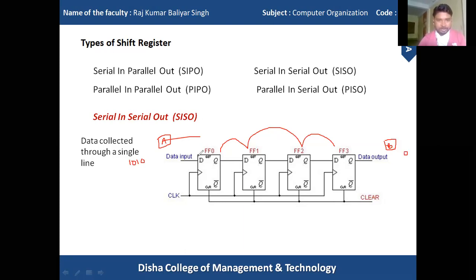Suppose at initial condition, let us consider that there is no data inside the flip-flops, and all flip-flops remain in idle state. When the clock is supplied, the clock is high, then all flip-flops are ready to receive the data, right? Flip-flop 0 is ready to receive the data, flip-flop 1 is ready, flip-flop 2 is ready, flip-flop 3 is also ready to receive the data. But the data is available only at flip-flop 0. That time